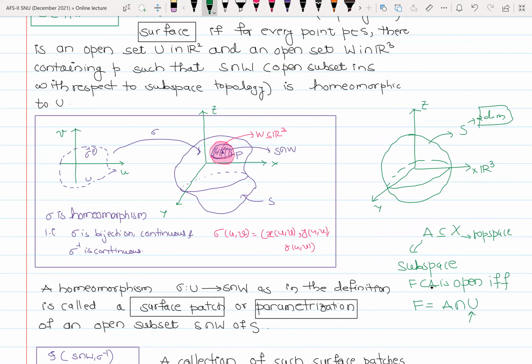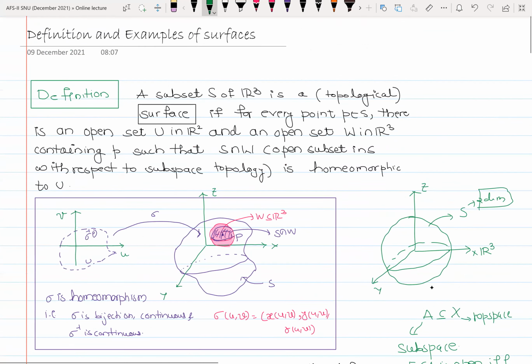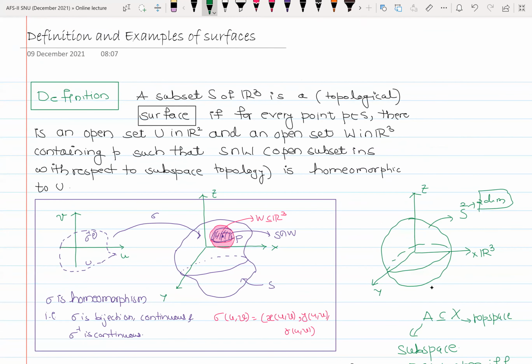Right, that is very good. So U is open in X. So that's what we are going to do: even if my sphere is inside R3, what are the open subsets of the sphere? You take an open ball, or rather, it is a union of all these things. I'm just talking about the basic open set. So you take an open ball inside R3, intersect it with that sphere, and then whatever you get,